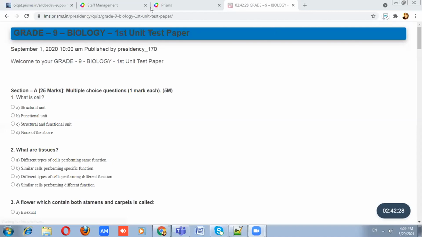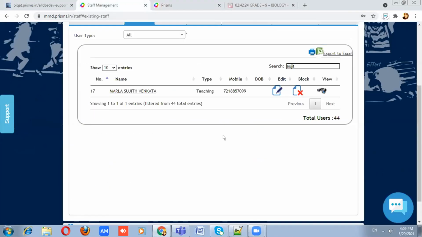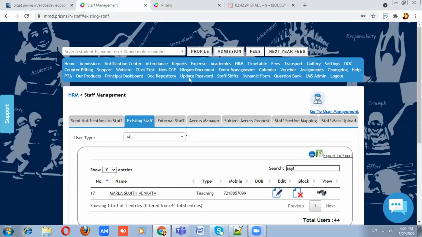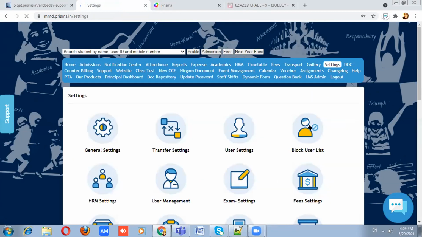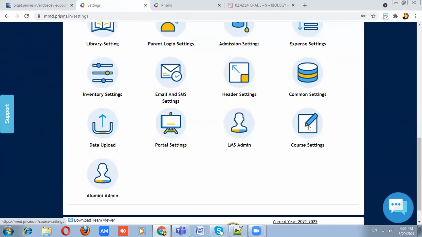Ma'am, it's not a question, but I think I missed the part of assigning. How do you assign a course, I mean, once I've created a course, the quiz and assignments which we are assigning to the particular course? The assigning part is done by your admin. In their settings, each admin has a tab called course settings. So the creation part is teachers, and the assigning part is admin side.